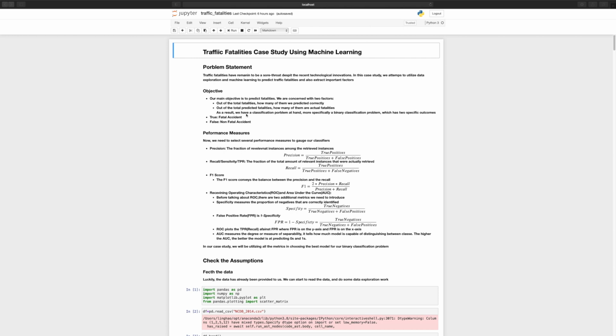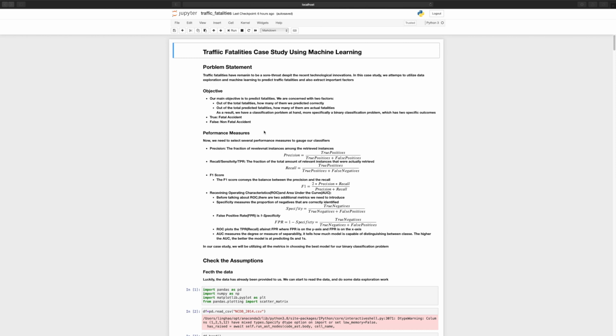So this is a classification problem, and more specifically a binary classification problem which has two outcomes. The true outcome is that it is a fatal accident, and the false outcome is that it is a